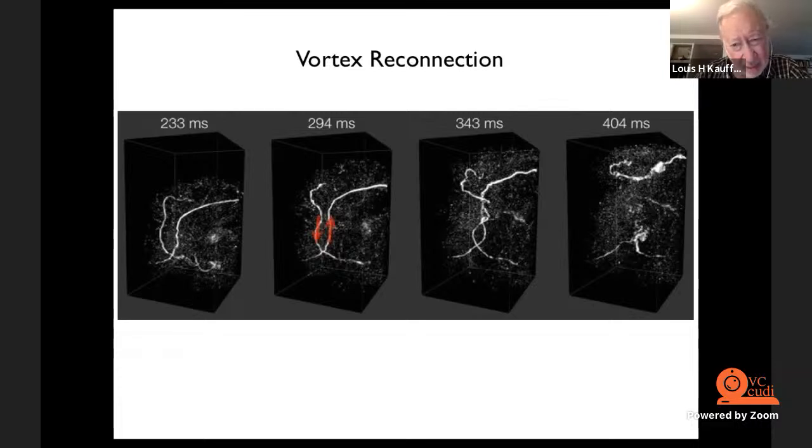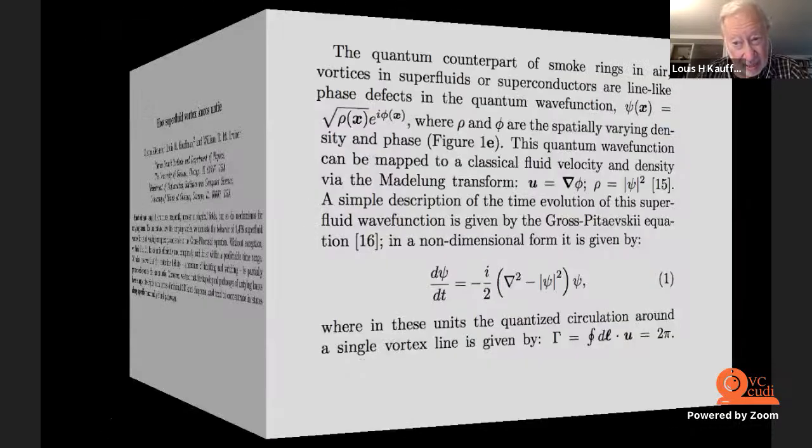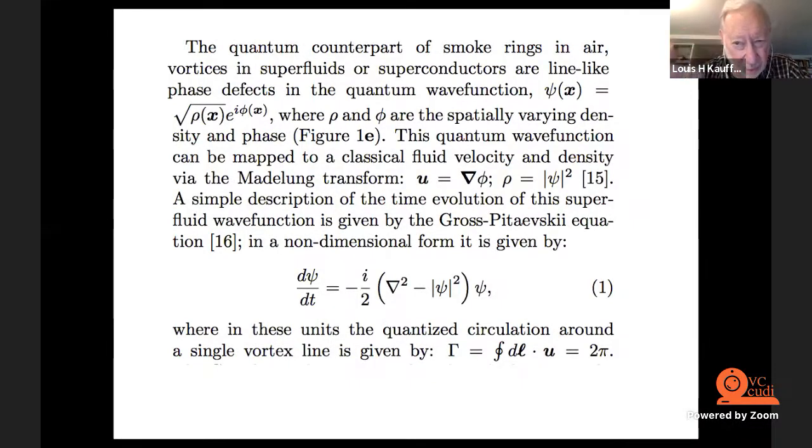So we want to make a model of reconnection and then ask what's the least number of reconnection events that would be needed to undo a knot. Now, it's also the case that you can do experiments in the computer with these by using physical fields in the computer. This is an example of the kind of work that they do, and I happen to be on one of their papers, where they use a nonlinear Schrodinger equation, the Gross-Pitaevskii equation, and